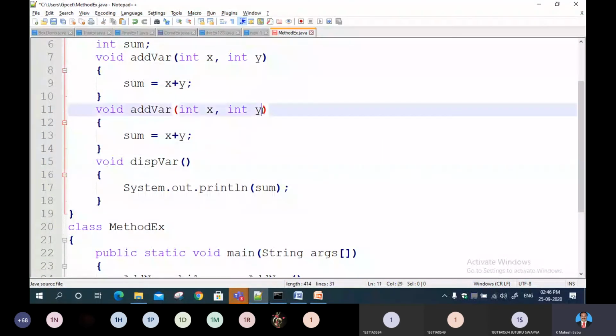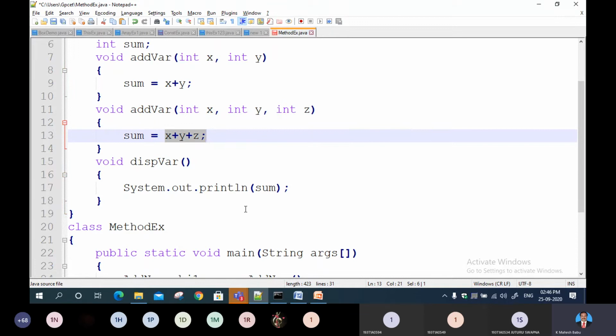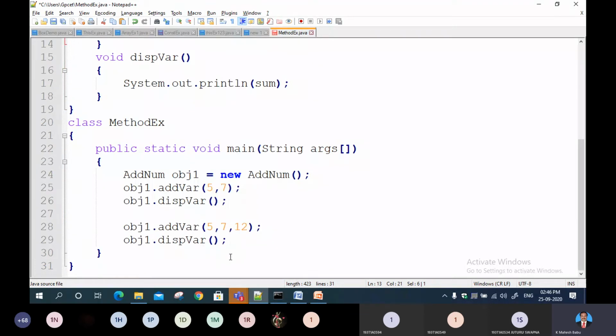I would like to make one more function with the same name, int z, and plus z. So the function name should be the same, addVar. Here it is accepting two parameters of type integer. Here it is accepting three parameters of type integer, printing the result on the screen and executing the same method. Right? See how the output is.